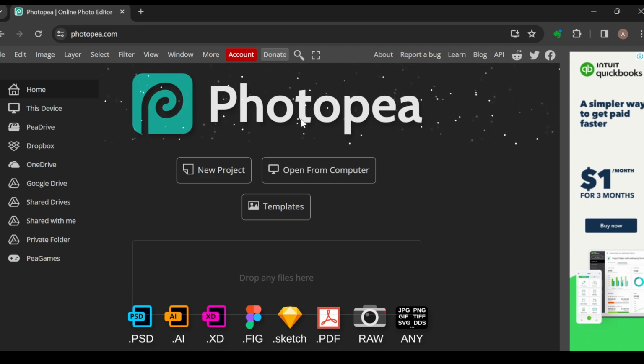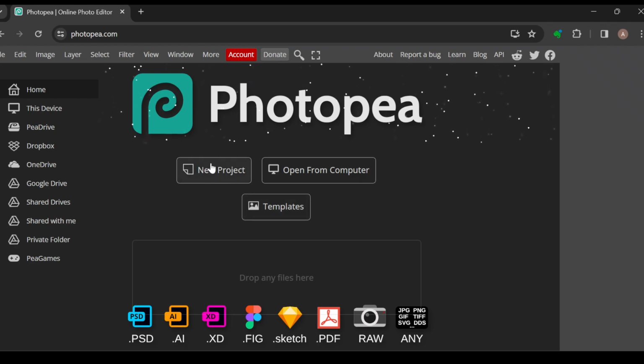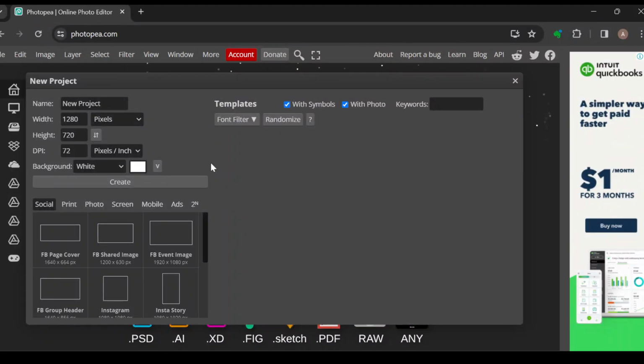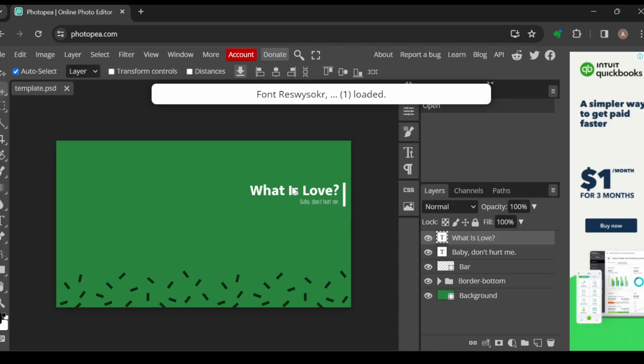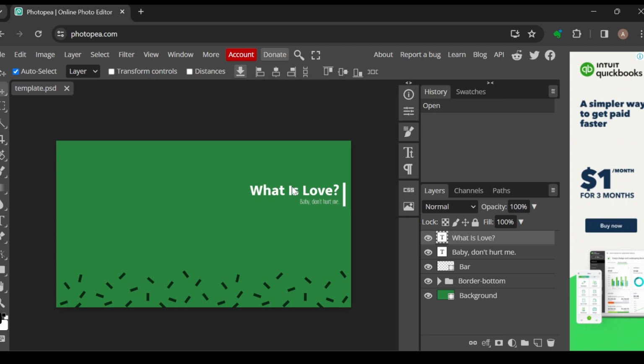The first thing to do is to log in to your Photopea account, just like I have done here, and then go ahead and click on new project or template, depending on the one that you would love to work with. So once you've selected it, you'll be brought to a page where you would see new project, and then you see template. If you want to work with templates, you can just go ahead and select template. If not, you can just click on create. For me, I'll just be selecting this template, and then once you've selected the template, you'll be